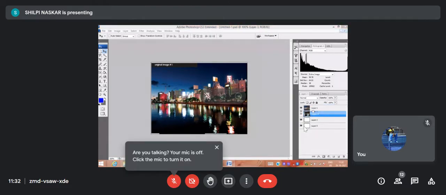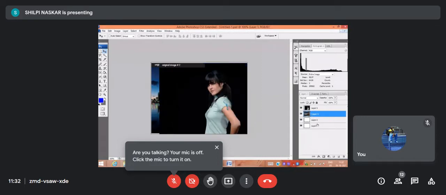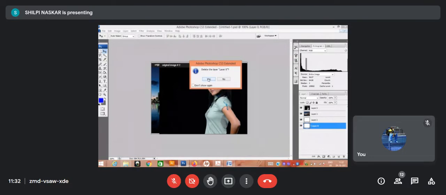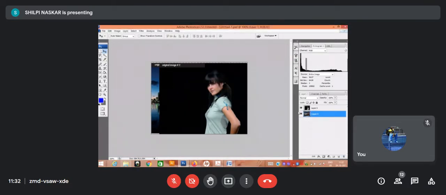I can keep these white backgrounds or not, that is my choice. So I have taken these two layers and I have to mask them one onto another. The layer to be masked has to be kept at the top.